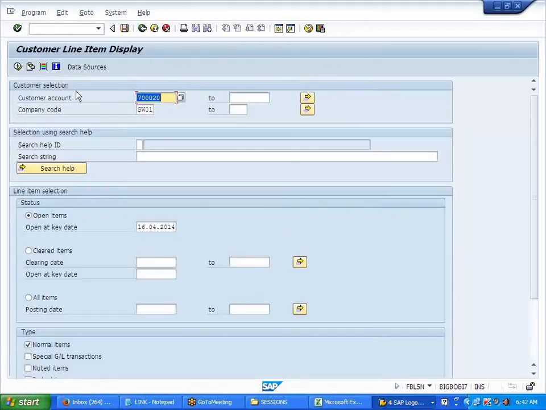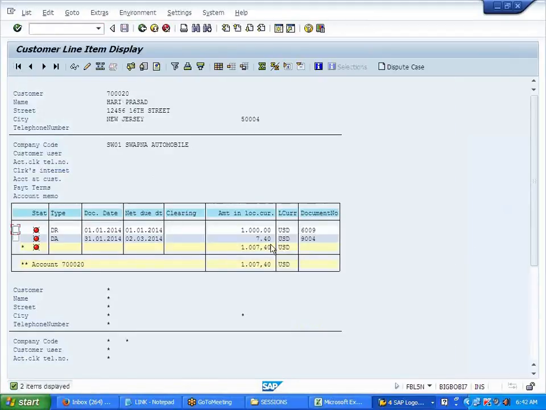FBL5N. Execute. Posted interest. Now watch this. When did we run? 31/01, right? So interest is due when, see? You have given a 2 or 3 days grace period, right? 2 days. No, see, this has taken the payment terms for the payment of this interest, the payment term which we gave.